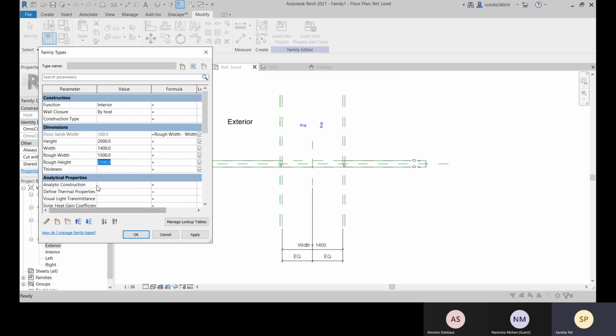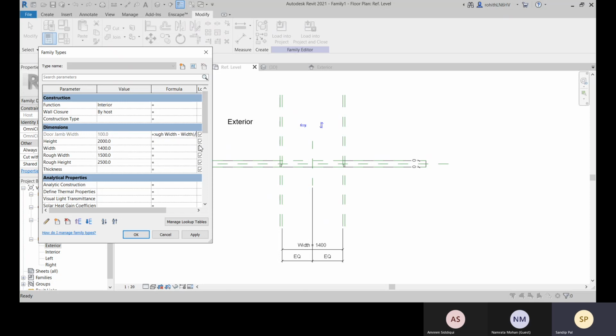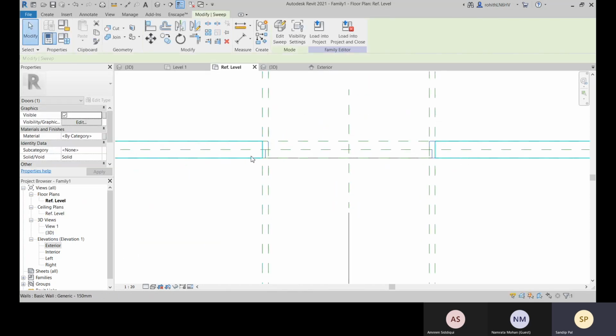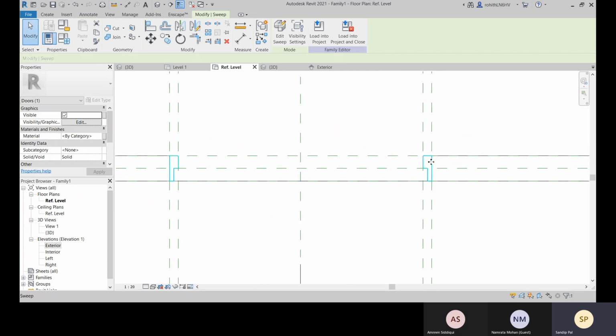Okay, so that will be locked, and it will be divided by 2. Okay, and apply, click on okay.